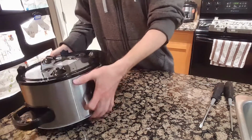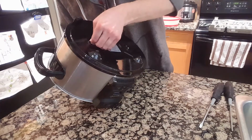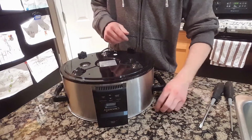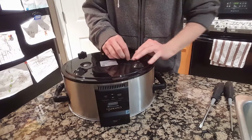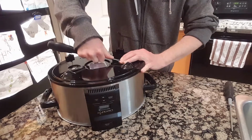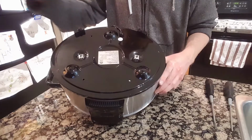So I'll put this rivet back in. And this one, just got to push it on. The other one's a bit easier because it's attached to the base. I'll push those down a bit more off camera, but as you can see, the clamps are back on. That's all it took to